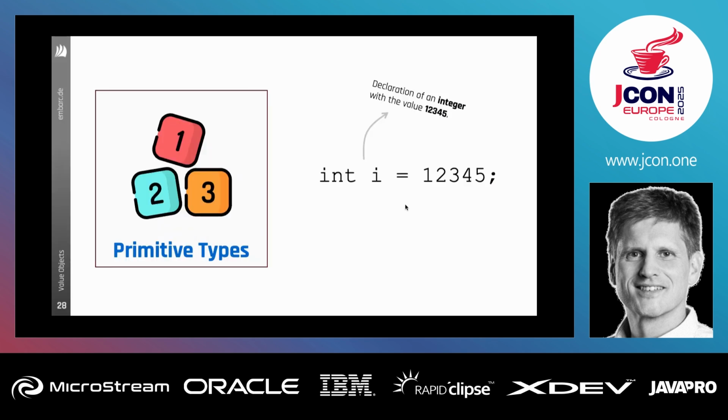We all know them. There is, for example, this variable i. It's an integer, 1, 2, 3, 4, 5, and actually it's stored on the stack. The stack is the place where the statements which the program executes are stored, and all the method handles are there, and also local variables, for example.